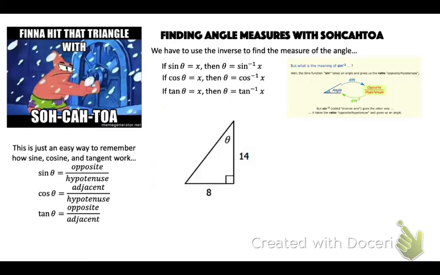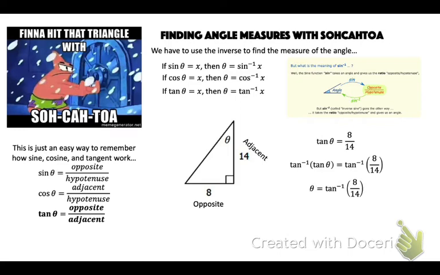All right, so if we're given this and we want to find theta, we're given the opposite side and the adjacent side. So that must be tangent. So tangent of theta equals 8/14. But then I have to do the inverse of both sides. So I'm left with tangent inverse of tangent of theta equals tangent inverse of 8/14. So theta equals tangent inverse of 8/14, which means if you put that in your calculator, the way you do the inverse,